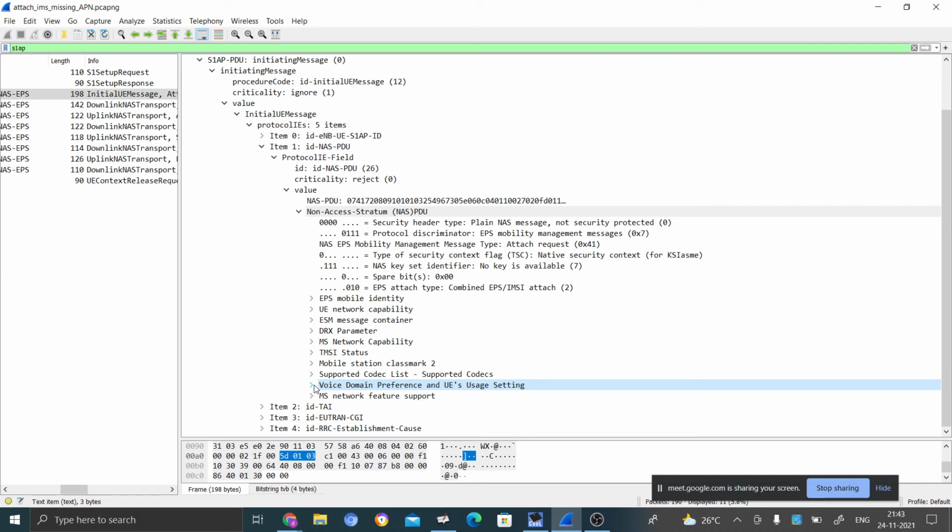So in this log we have seen IMS voice is preferred, CS voice is secondary. You can tell it is exactly circuit switch CSFB only.